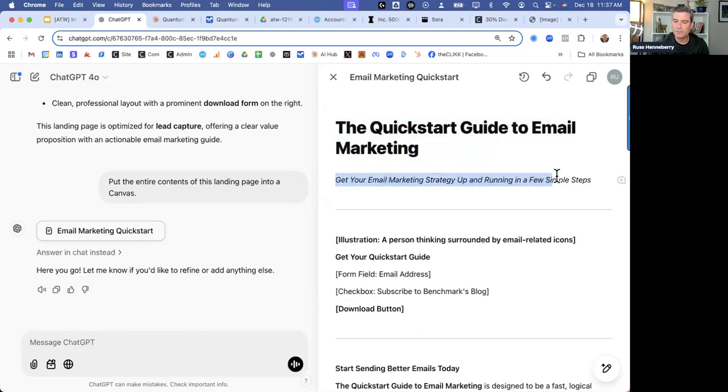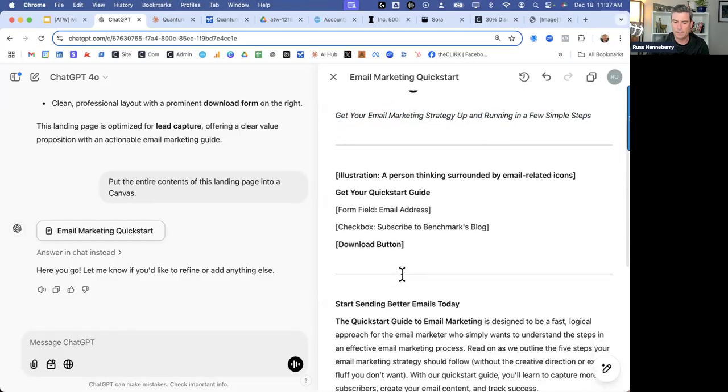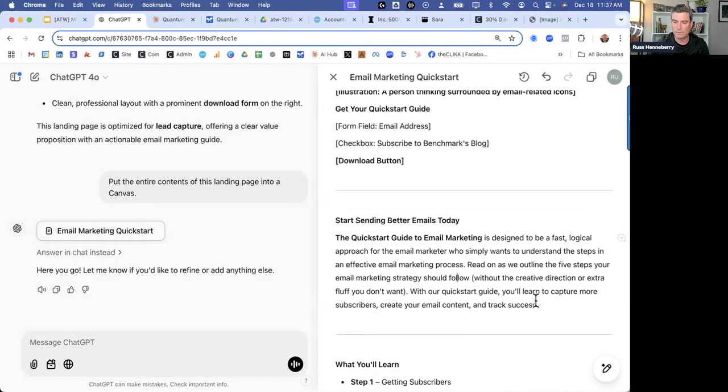But I can also edit things, right? If I want to start making changes to the copy, I can do that, which is really cool. I am able to work with the AI on the left and work with the document itself on the right with my own fingers, just like I would inside of Google Docs or Word Docs.